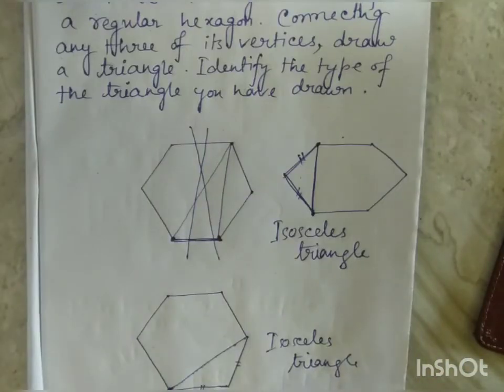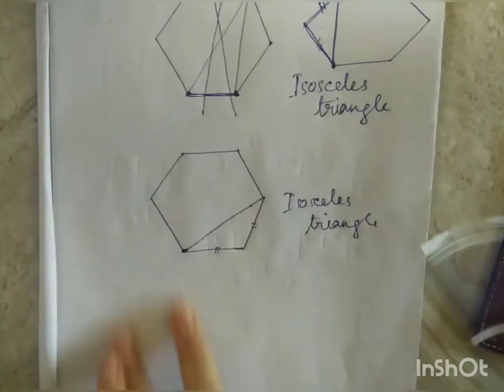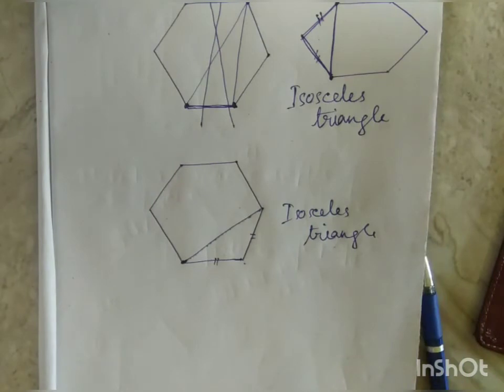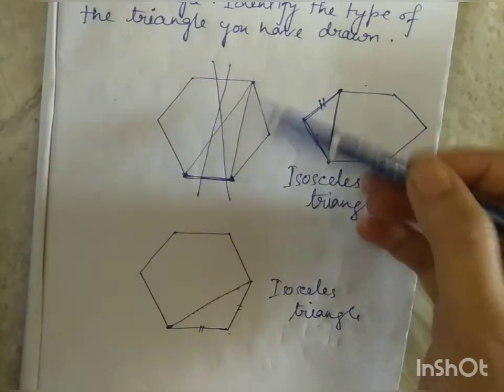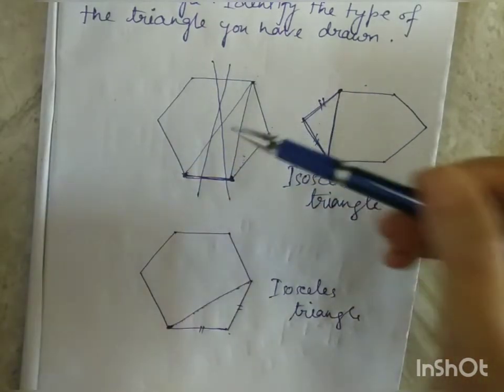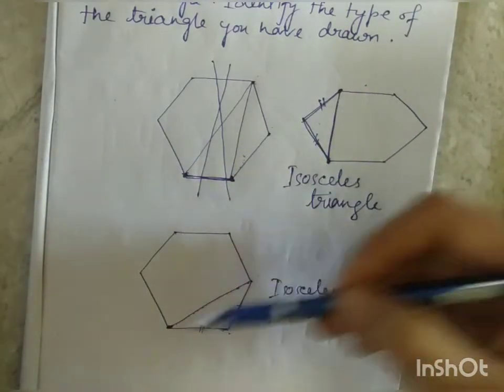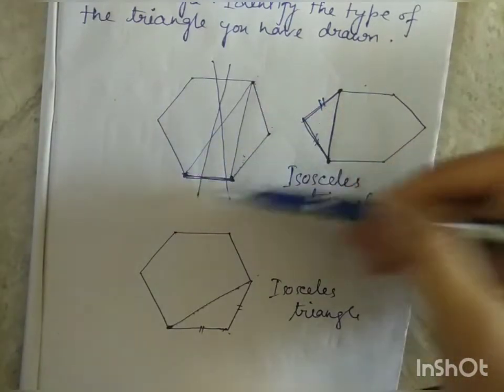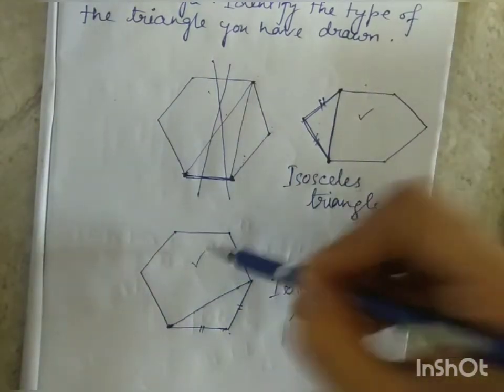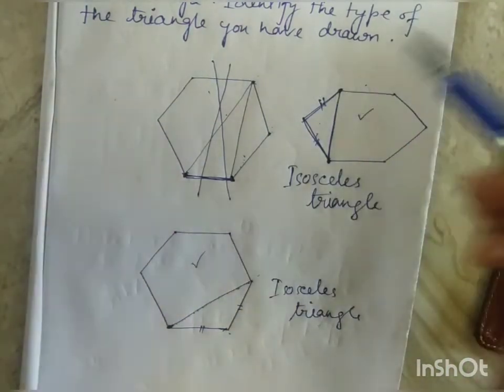So in the question it is given that draw a rough sketch of a regular hexagon connecting any three of its vertices, draw a triangle. So we have connected three vertices of it, 1, 2 and 3, and we have drawn this isosceles triangle. Okay. Now for doing this, we are joining four vertices. See, 1, 2, 3 and 4. Okay, so this picture will not be allowed. We need to join only three vertices of it, 1, 2 and 3. So we will not draw this one. We will draw only this one and this one or anything else by joining only three vertices.